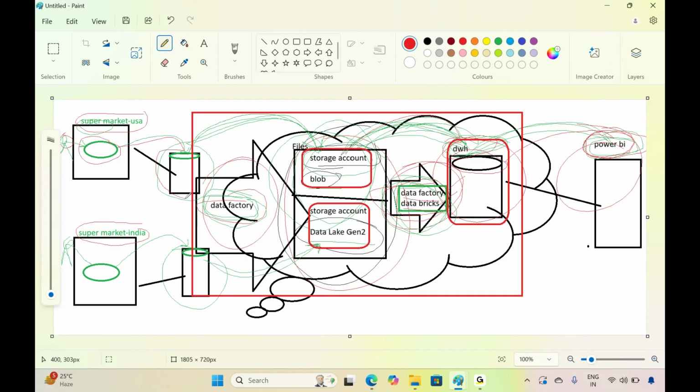This is a common business setup with IT to make transactions smooth, and you can identify it not only in supermarkets. So in the supermarket in India and the supermarket in the USA, the transaction data is captured and stored in the backend databases. Now, as a data engineer, what is your role?